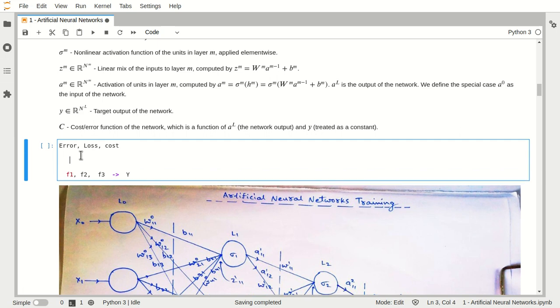So here I will write X, and this will be your Y, and then there will be your Y predicted, or I can write Y hat.